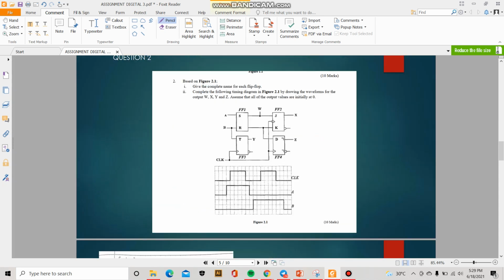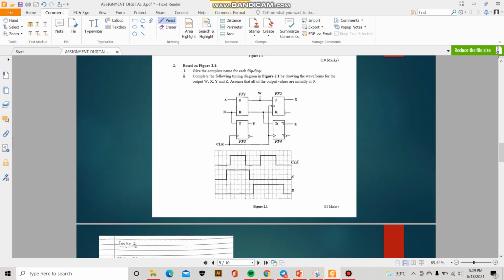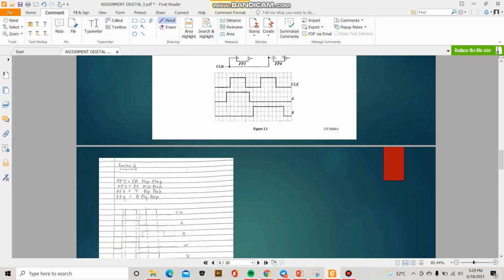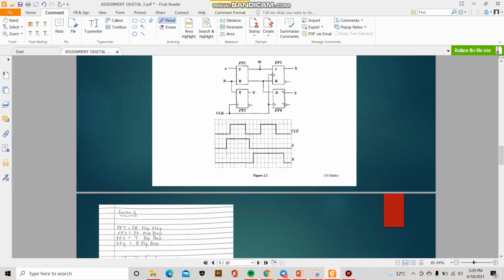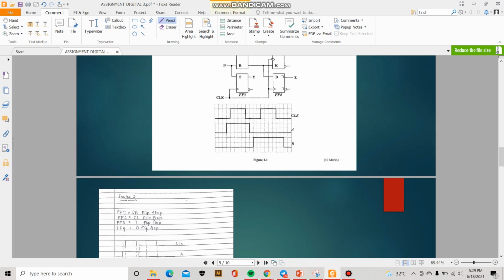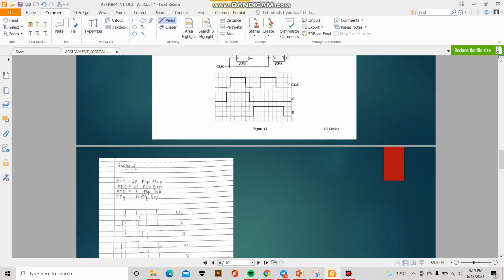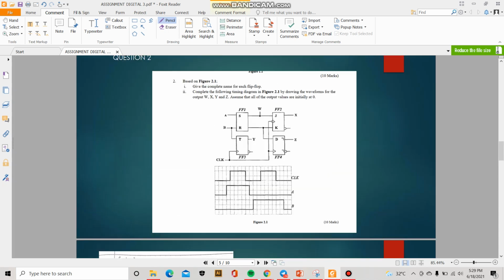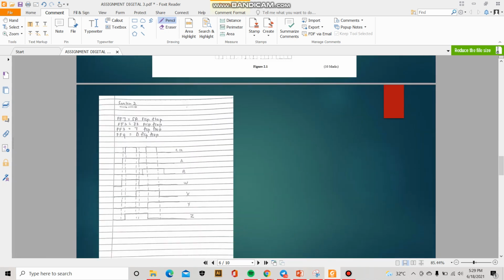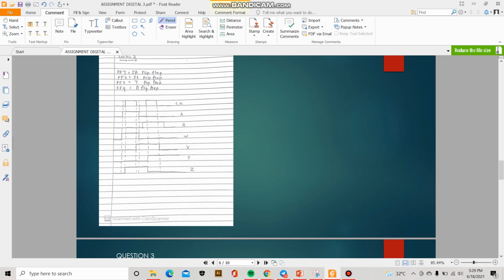For the second question: give the complete name for each flip-flop. Complete the following timing diagram in figure 2.1 by drawing the waveform for the outputs W, X, Y, and Z. Assume that all of the output values are initially at 0. So flip-flop 1 is an SR flip-flop. The second one is a JK flip-flop. For Y, the third flip-flop is a T flip-flop, and the fourth flip-flop is a D flip-flop. This is the output when W is using the SR active high,